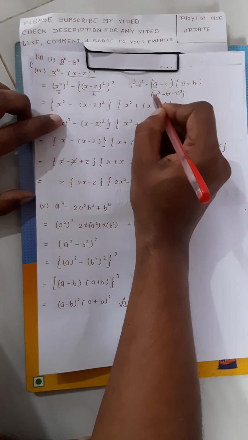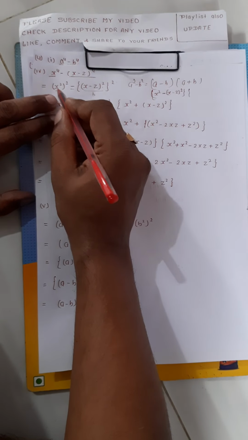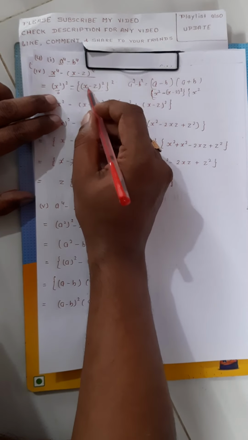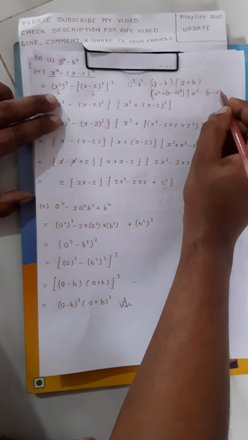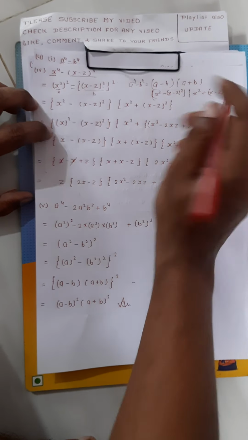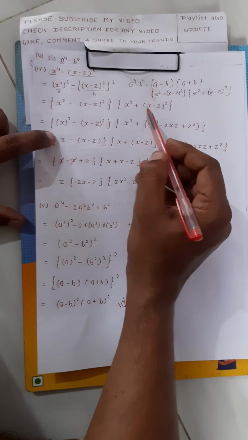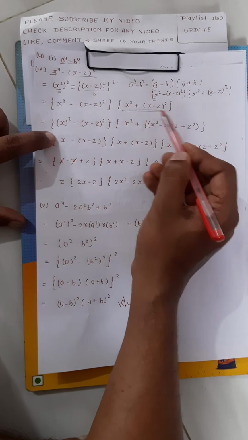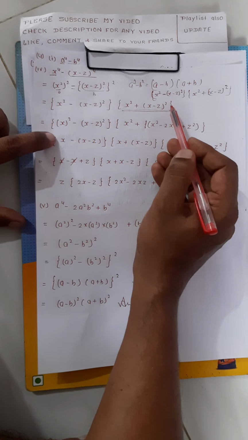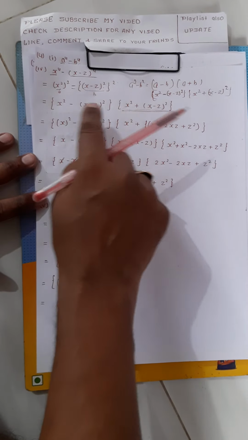Okay, first completed. Again for a, the value of a is x square, so x square we will write. For the value of b, our value is (x minus z) whole square. In between the sign is plus, so we will write plus. Okay, same things I have done here. Understand? Now we will not leave these as they are, we will expand them, because if we expand them, then this and this will sum. So first we will see these things.